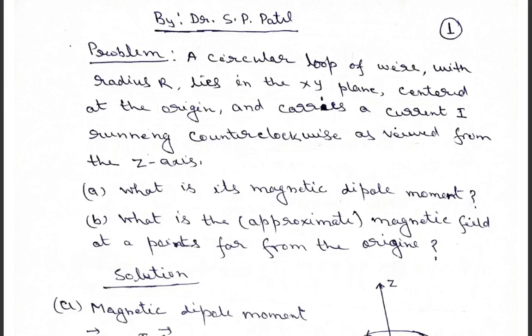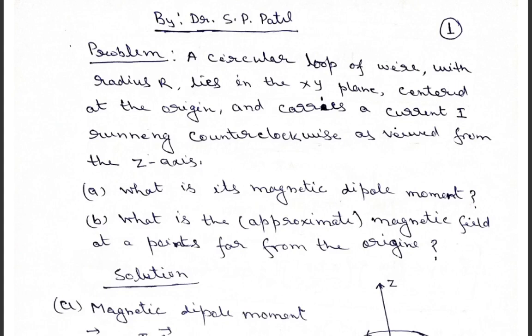So in today's lecture we will try to learn a few problems on magnetic dipole moments. If you remember my last lecture, we learned the multipole expansion of the magnetic vector potential, and there we learned that the monopole term was equal to 0 and the magnetic dipole term was there,